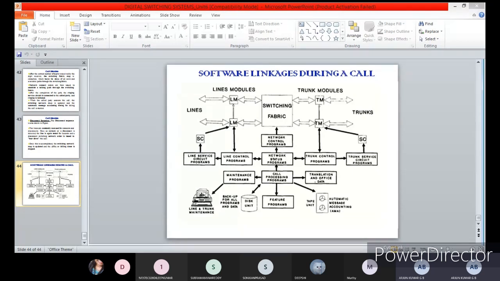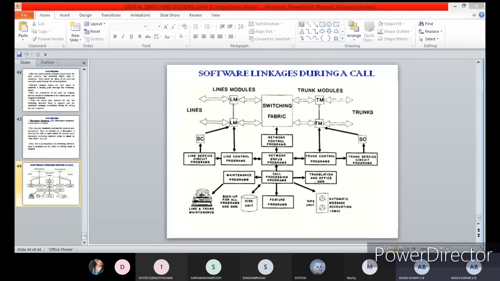to the subscriber line. The network control program is responsible for notifying the network connection when the subscriber goes off hook, and for feeding a dial tone until the subscriber starts entering the digits. What is the responsibility of the NCP, the network control program? It is to notify the network circuits when a subscriber goes off hook. Once the particular subscriber's off hook is identified, it goes for feeding dial tone until the subscriber stops entering the digits.